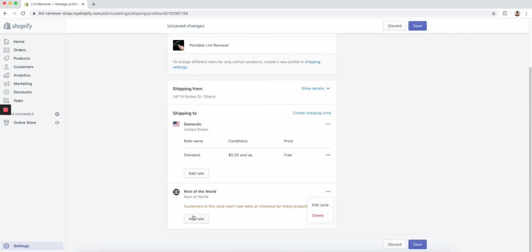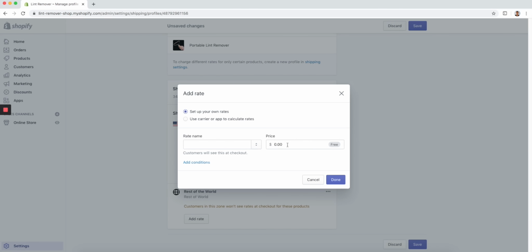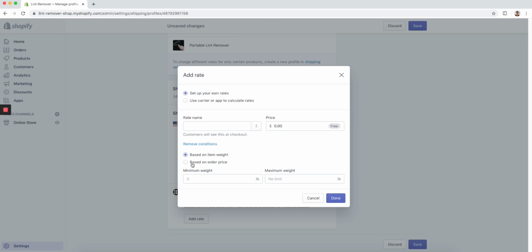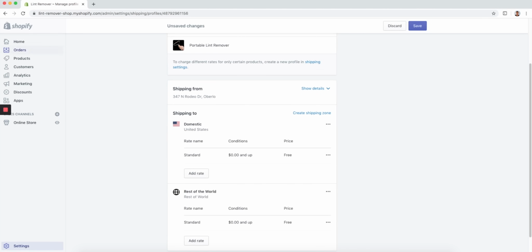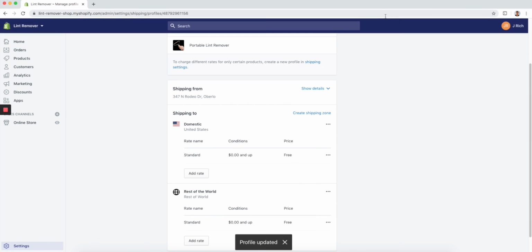So I'm going to go to add rate, and I'm going to leave it at free. I'm going to go to add conditions, and minimum price $0. And for the name, I'm going to put standard as well. And then once we have that set up and save it, we now offer free shipping for all of the